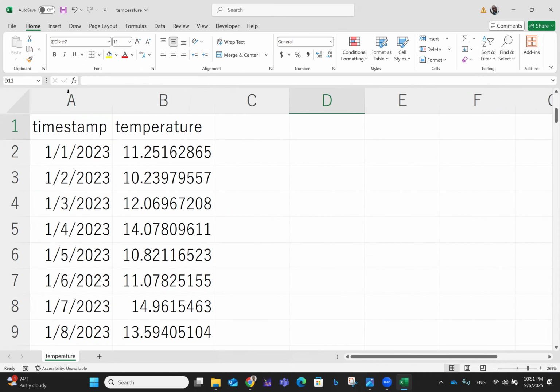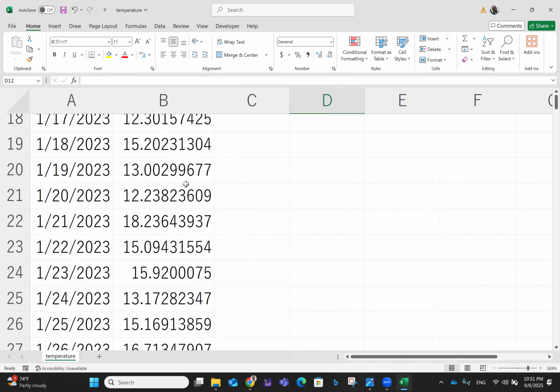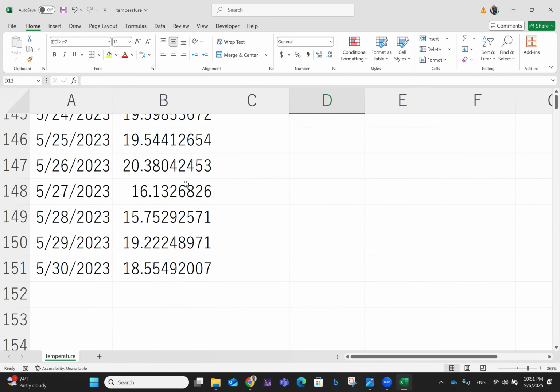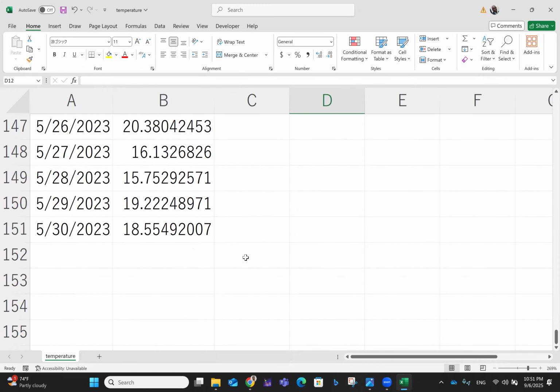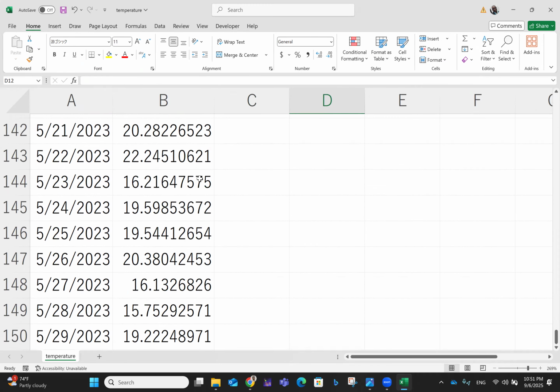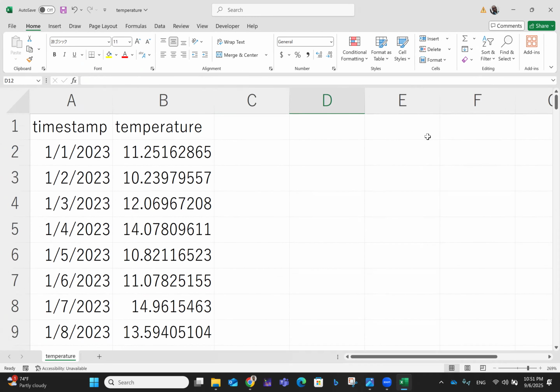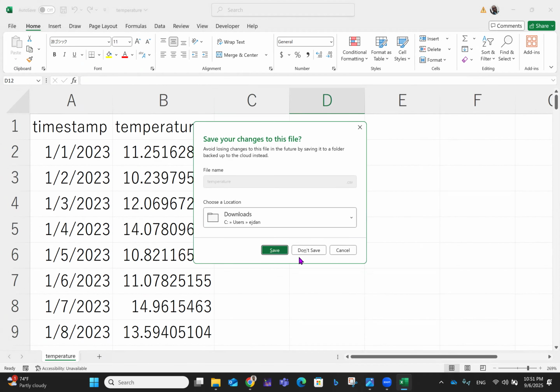So here now, you have temperature. I actually made this up, right? I made this up. So you have temperature from 1st of January 2023 up till, I think, about 150 data points, so up till 30th of May 2023. So we have all the temperature for all these 150 days like that. So that is exactly what I want to upload there